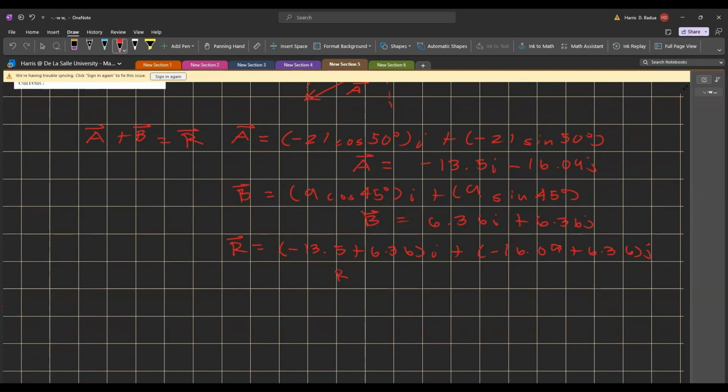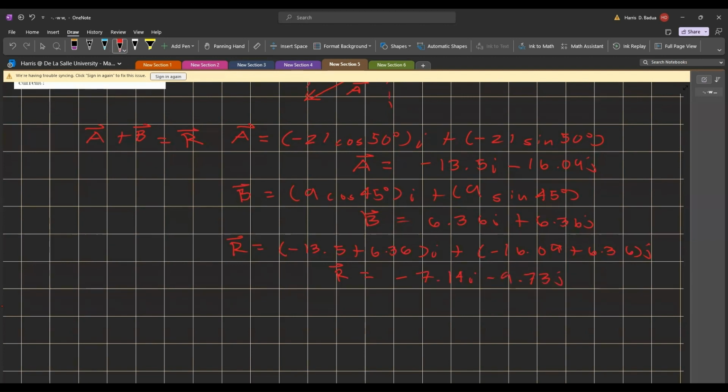So the result, the x and y components of our vector R, is equal to negative 7.14i minus 9.73